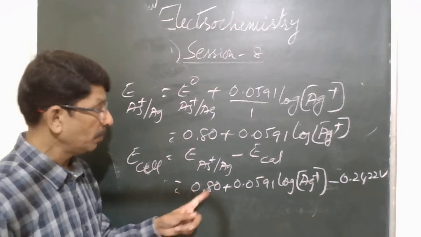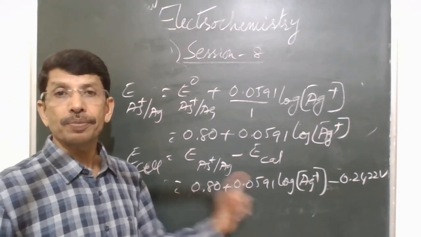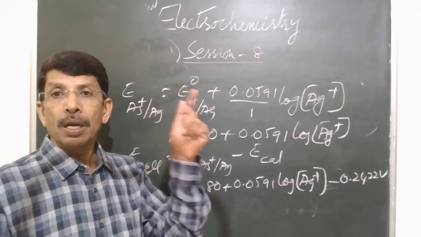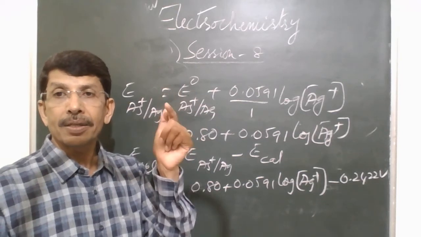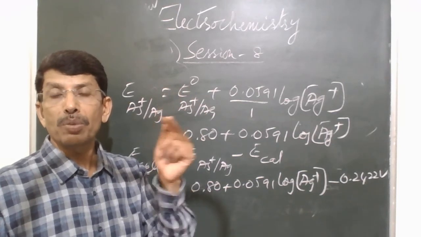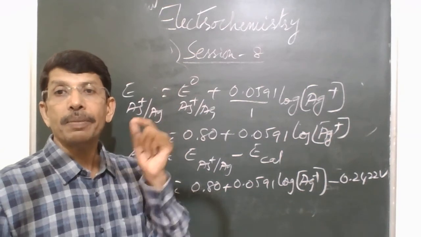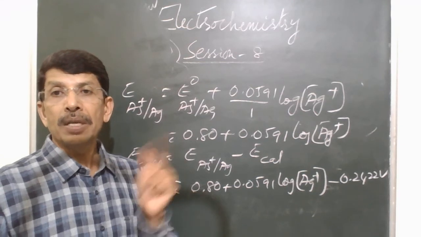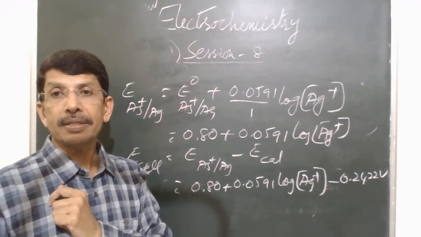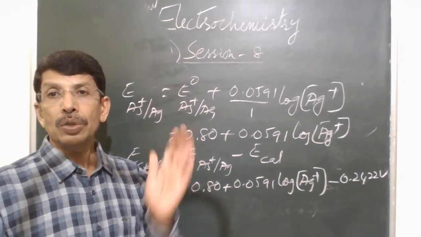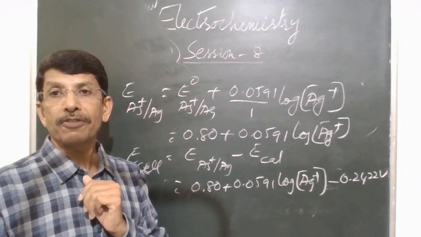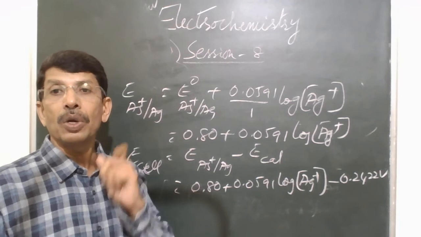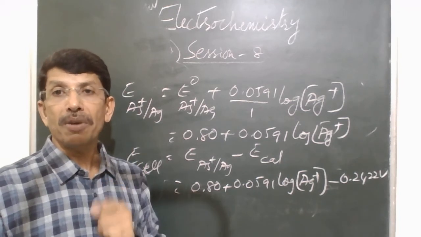and calculate what volume of standard KCl solution is consumed by the known volume of silver nitrate. When you look at this expression for EMF of the cell, it is clear that when we add gradually more and more amounts of KCl, that is, if you add 0.1 ml each of KCl, silver ion concentration goes on decreasing and EMF decreases. So by plotting the graph of volume of KCl versus EMF, we can determine the volume of KCl consumed.